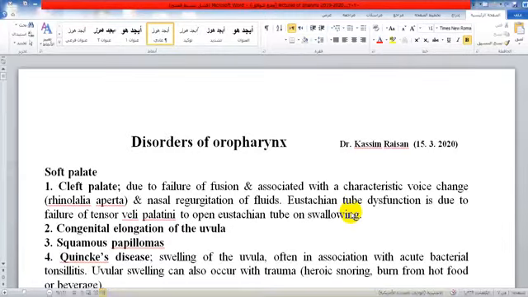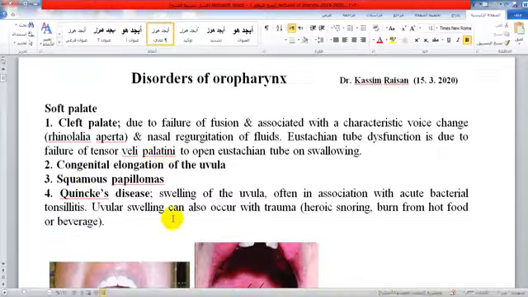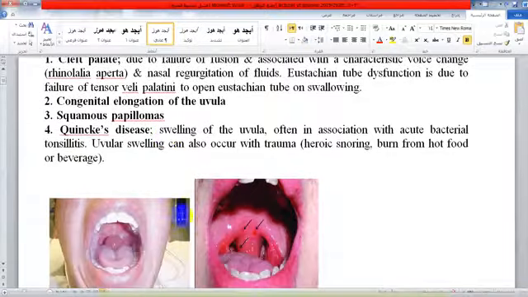Second is the congenital elongation of the uvula. Third is squamous papillomas, which is very common in the oral cavity and oropharynx. Fourth is uvulitis. Also, this is a very common disease,